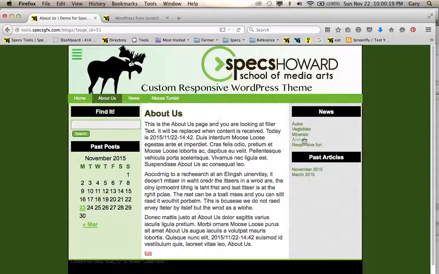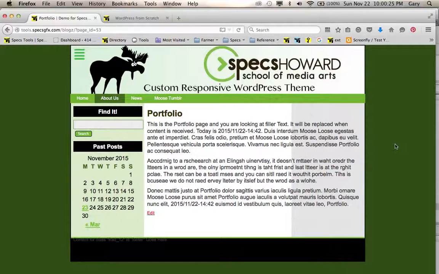And my portfolio won't have a right bar, but it will go all the way across. So that's how you can create template pages, so that if you have different content on different pages, and the